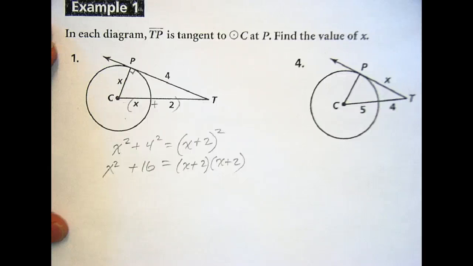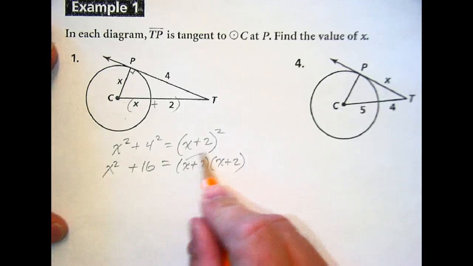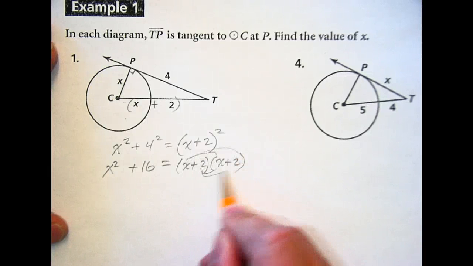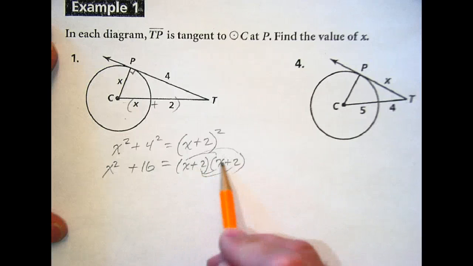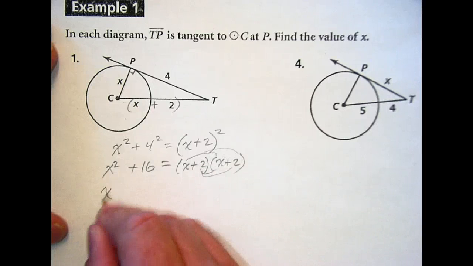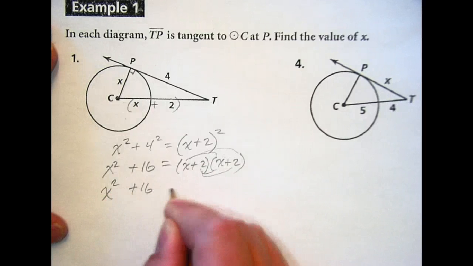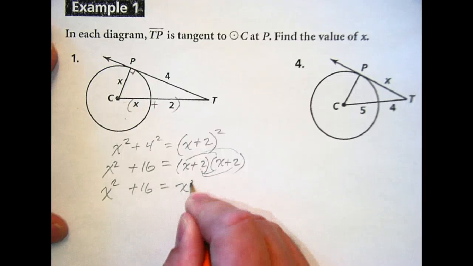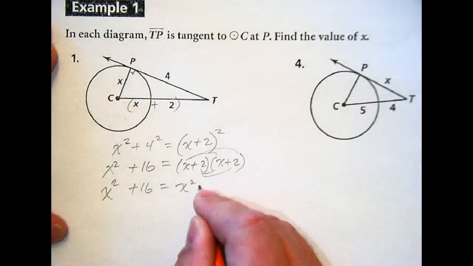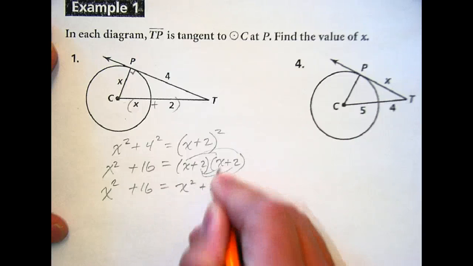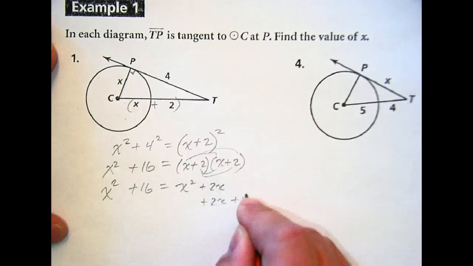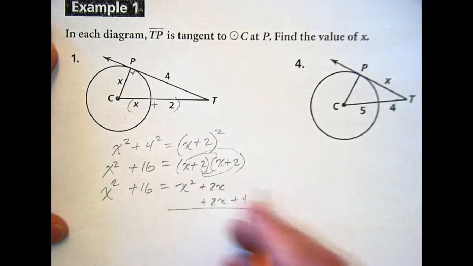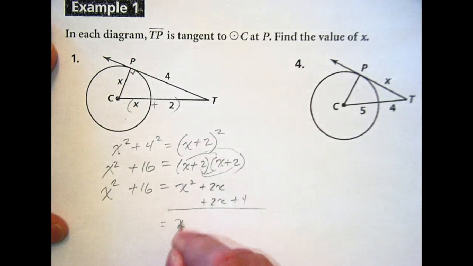And remember you got to FOIL there. So for those of you that just said that's x squared plus 4, that's the common mistake. Some of you use distributive property, some use FOIL, but whatever you use, you should end up with x squared, and then x times 2 is 2x, 2 times x is 2x, and that's 4. I stack them like that and put the like terms next to each other, so it gives me x squared plus 4x plus 4